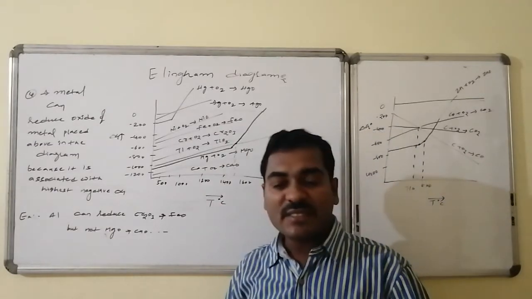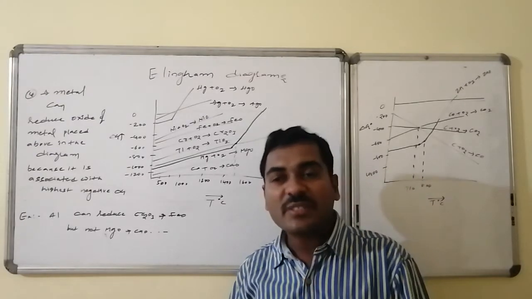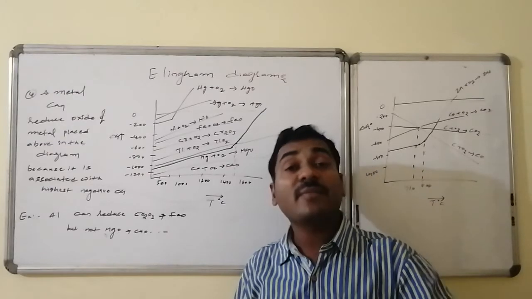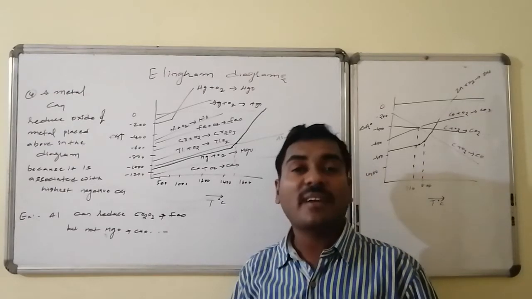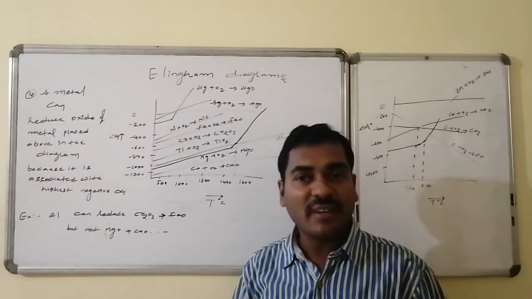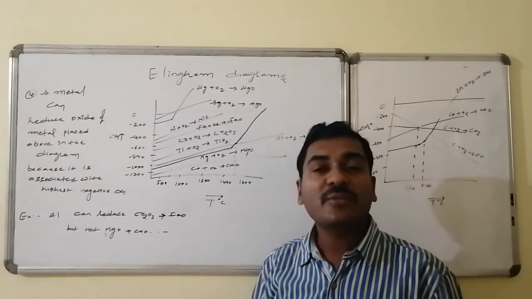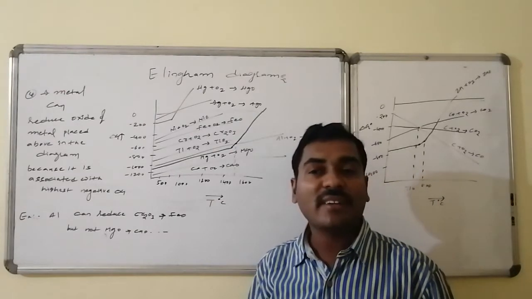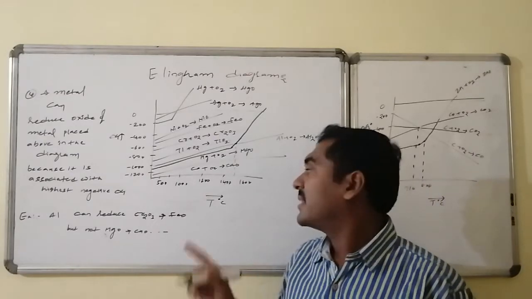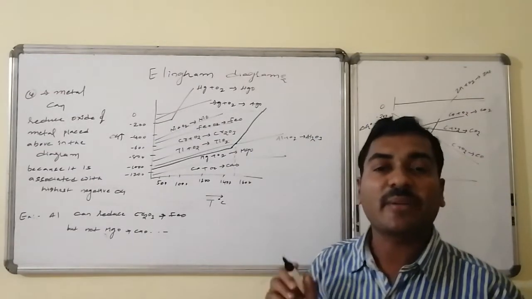Thus the reaction with the line which is present below is spontaneous. Even in combination with other metal oxides, the metal oxides of the top lines undergo reduction, and this particular reference line acts as the best reducing agent for all the other metal oxides which are present above in the Ellingham diagram. But it can't reduce the metal oxides which are present below in the Ellingham diagram.